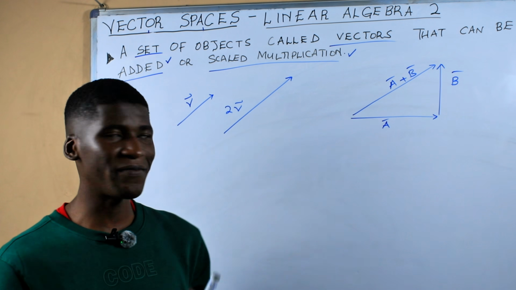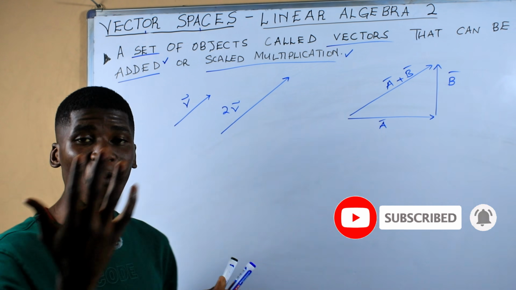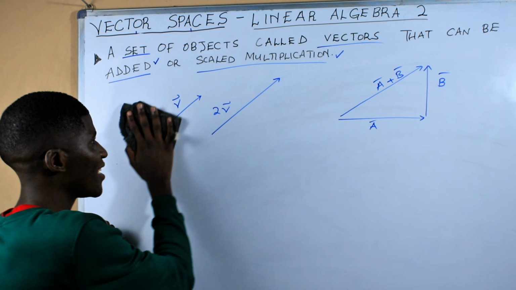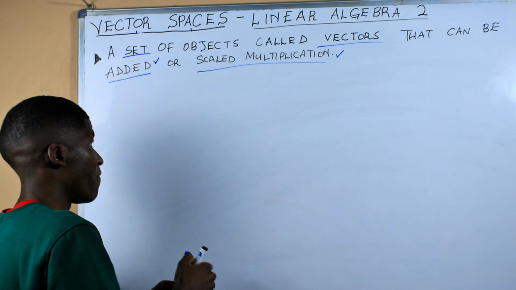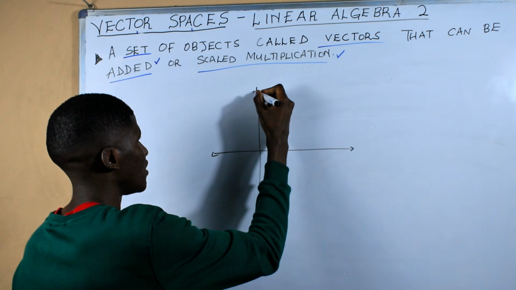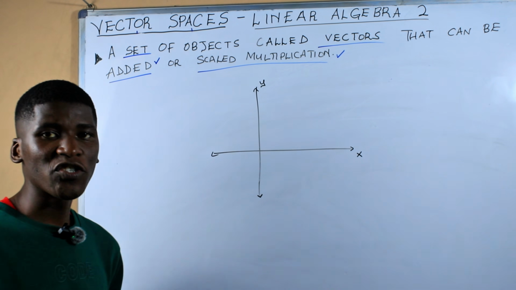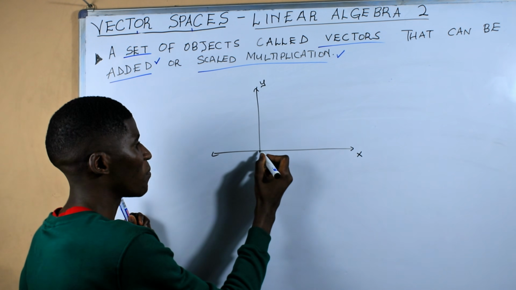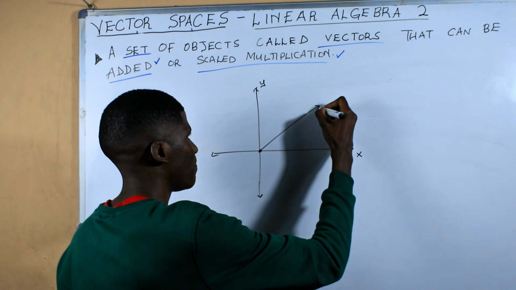But for us to not deviate, I'm going to start with a vector that you know already, which is your common arrow that has got magnitude and direction. So let us take it to the x and y coordinate system by bringing a vector and say this is my x and y axis. So this is my y-axis, this is my x-axis. So I'm going to draw a vector here which is known as a position vector that stems from the origin, a point of origin, and it goes to this plane here.